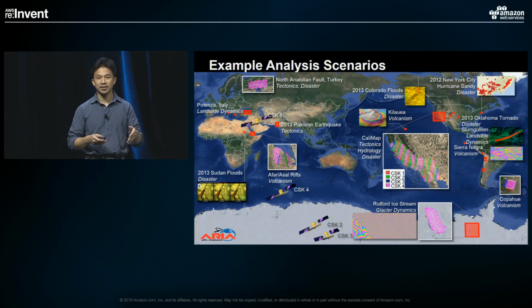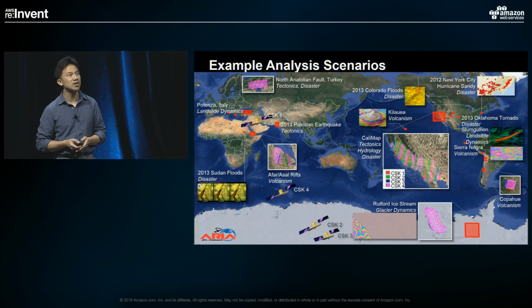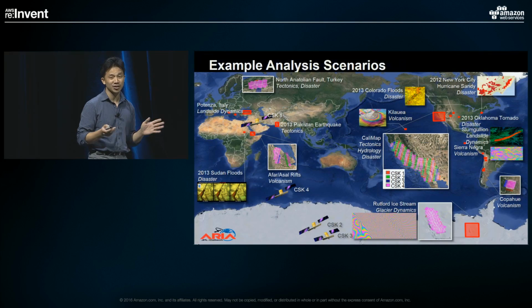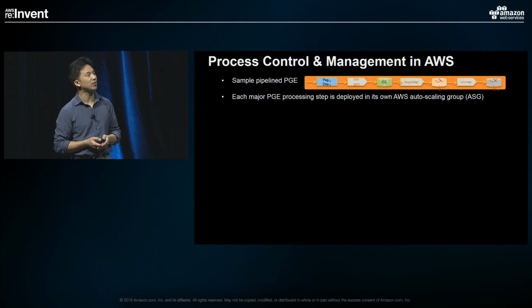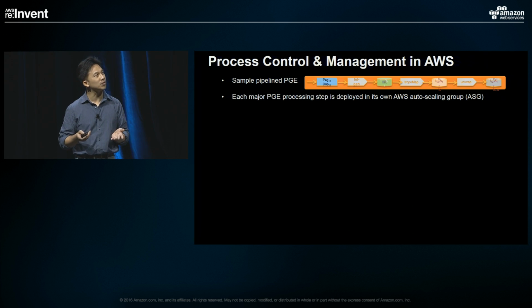And the system basically aggregates the right data and fully automates, processes, and analyzes the results pretty much automatically. It's actually quite a lights-out type of operation. And in this diagram here, you can see a pictorial view of what we're doing